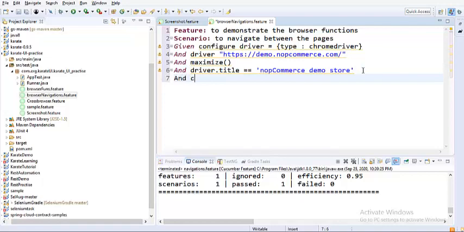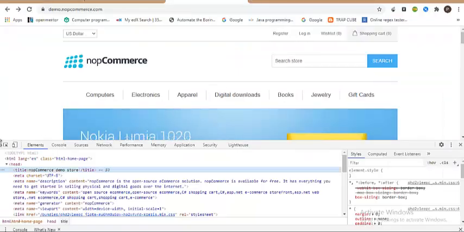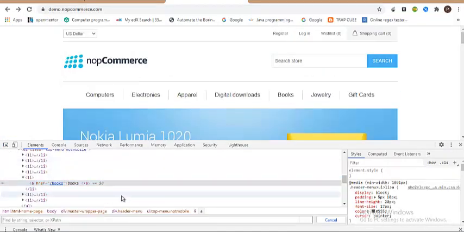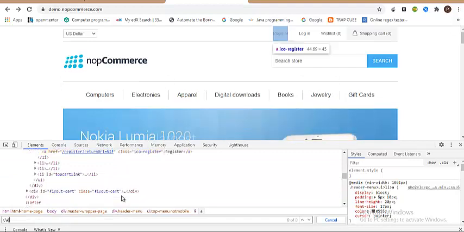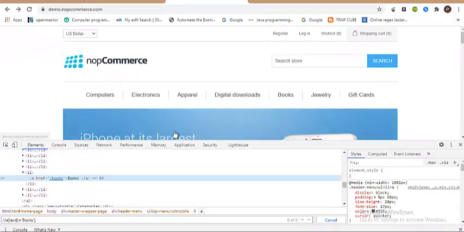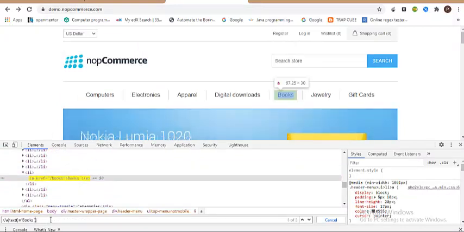And then I would do a click operation. So as I said, let me identify this books button. It is in an anchor tag, and then text equals to books. There is some problem here. Let me identify what the problem is. I think there is some space around. Yeah, so let me use this XPath.